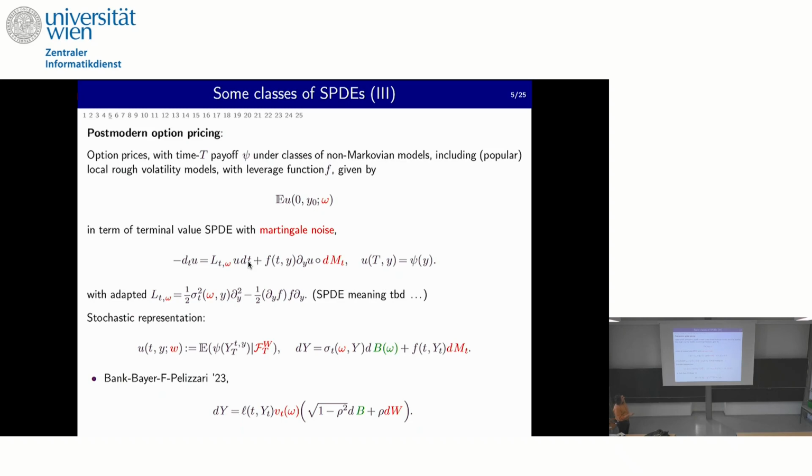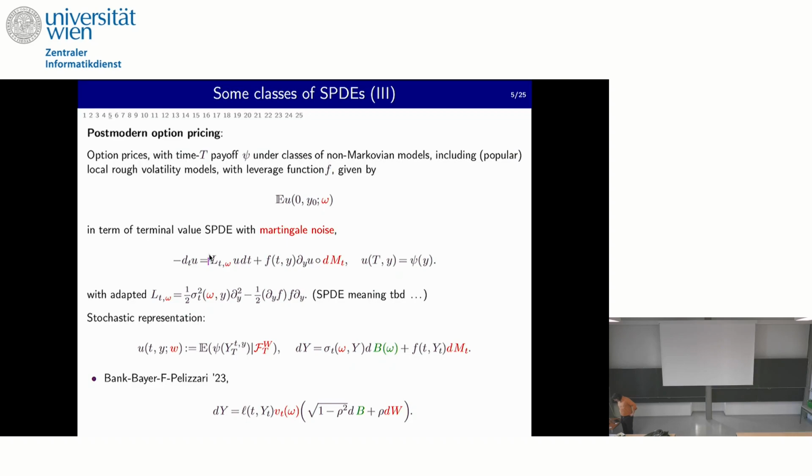And here I have this other bit. So this here is the diffusive part of this here. This has to do with Itô to Stratonovich, because here we have Itô and here we have Stratonovich, so don't worry too much about it. And then we have this transport noise, which I want to write in Stratonovich form here. So if you buy that this SPDE here has a good meaning,